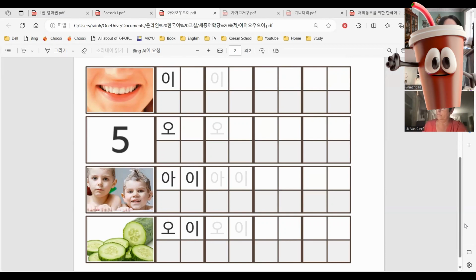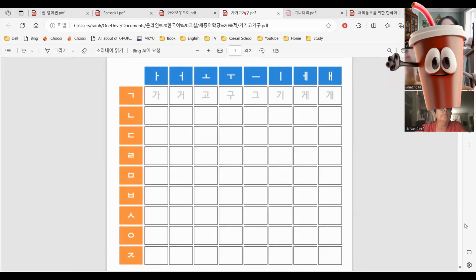And then, let's see, can you do that? If I point, then you can make it. So for example, here. 가. 느. 너. No. Okay, then